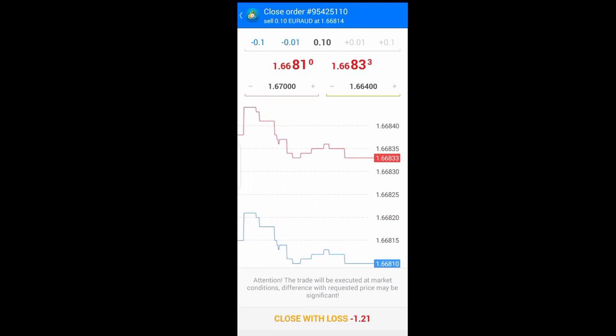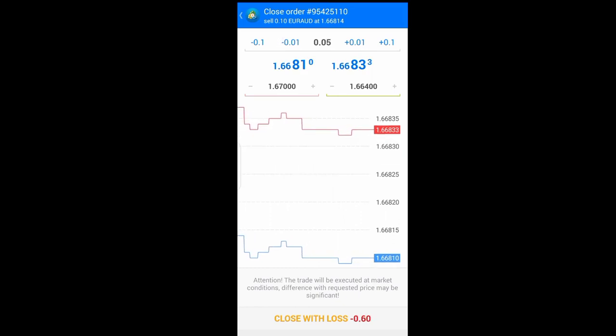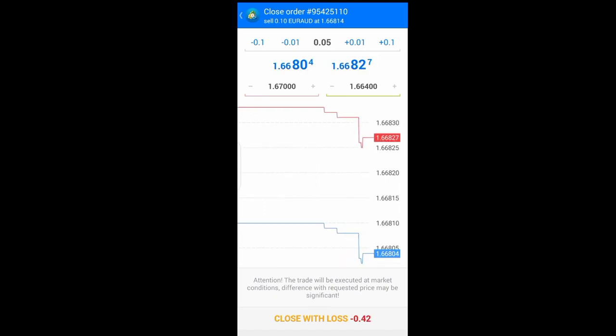If I don't want to close everything, maybe I just want to close half of my position, I can reduce this to 0.5 and take part of the profit or part of the loss. Once I click close, part of it will close. Instead of 0.1, which we had before, let me just do that. So if I click on close,